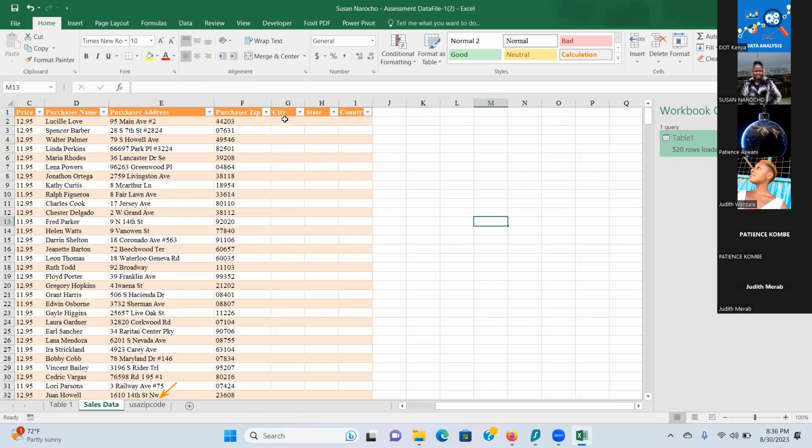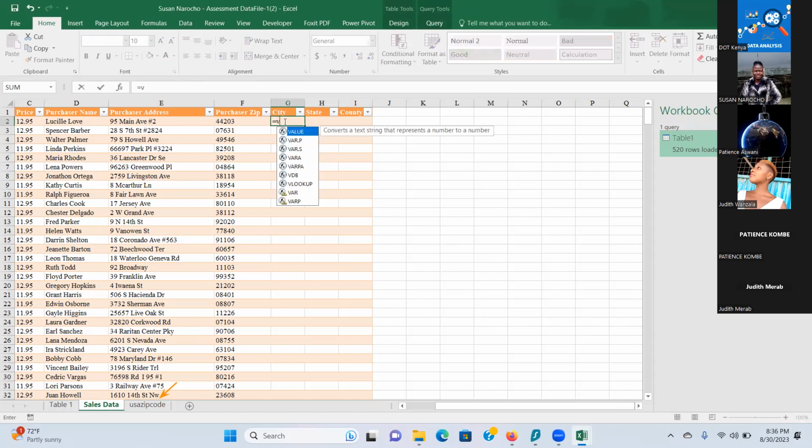So on G2, type equals VLOOKUP. The lookup value is F2, comma,